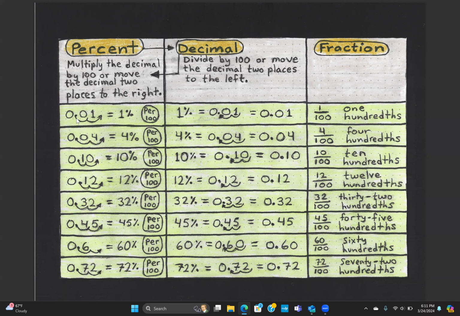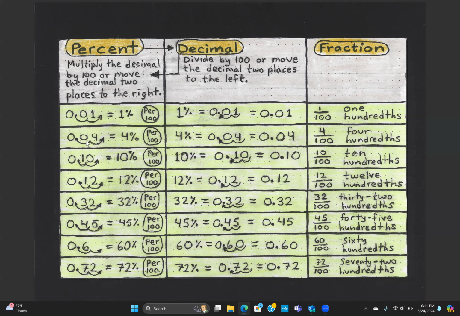Well, it's easy. All we do is multiply the decimal by 100, or we could just do the simple thing by moving the decimal 2 places over to the right. And when we do that, when we move this decimal 2 places over to the right, we're actually going to get 1%. And this percent sign means per 100 because this little line right here and these 2 dots actually stand for that 100. And with that in mind, let's see what happens when we transform 0.04 into a percent